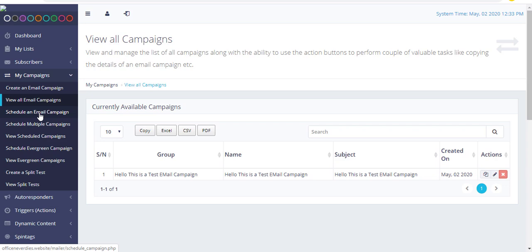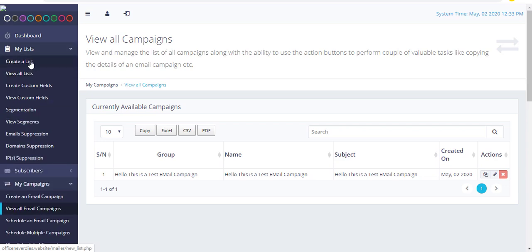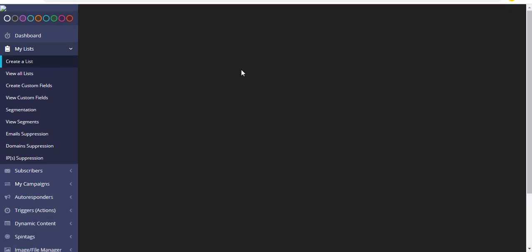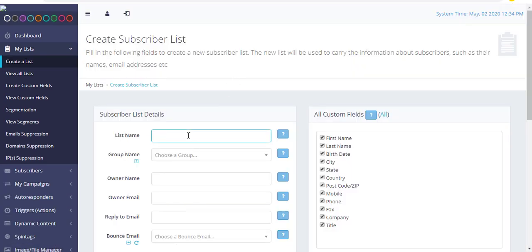But for scheduling, we have to first create a list of recipients. Then we go to create a list of recipients, and the list name is test list. We can say that. Or for example, if you are sending this email to people who are interested in some topics like weight loss, then you can type here weight loss, and honor email. And honor email is the same as contact at the rate, and we have to copy this.